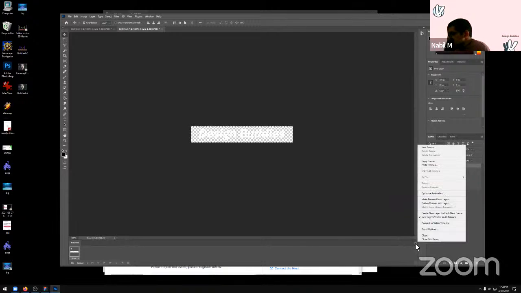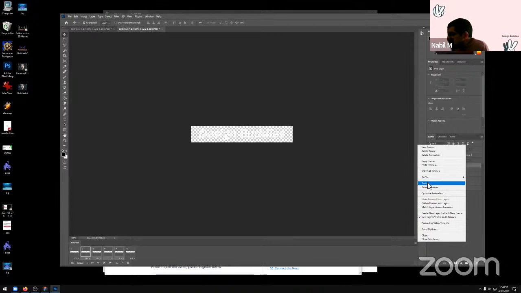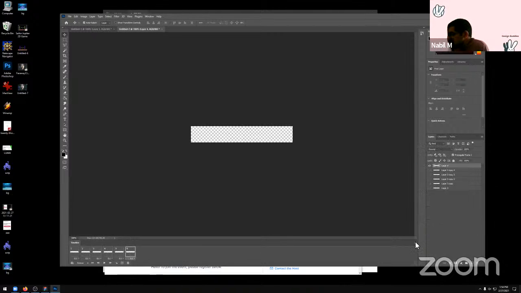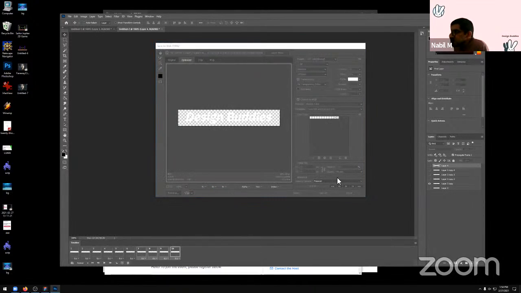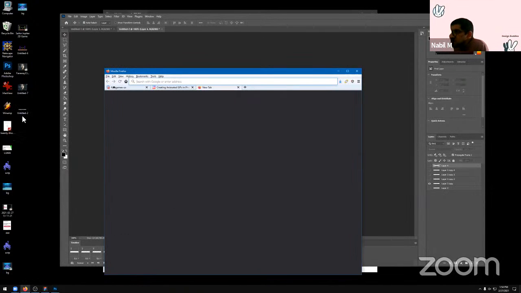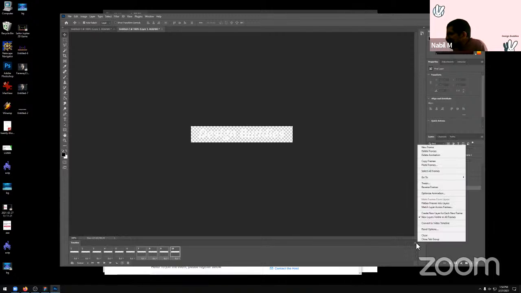Create frame animation, make frames from layers, make sure it's set to forever. Okay, and I'm just going to do the same exact thing as earlier, where we reverse them, so it looks nice. Yeah, I know what I did here. I forgot to